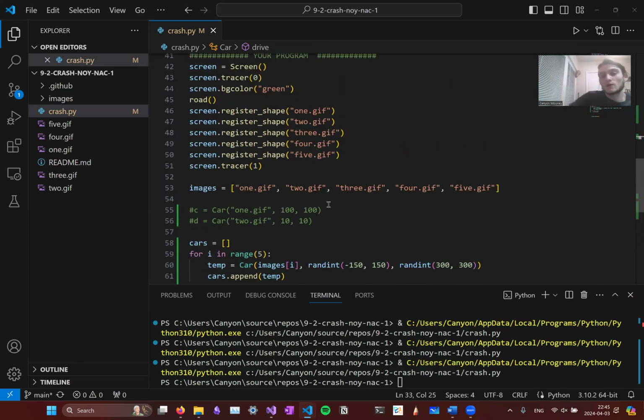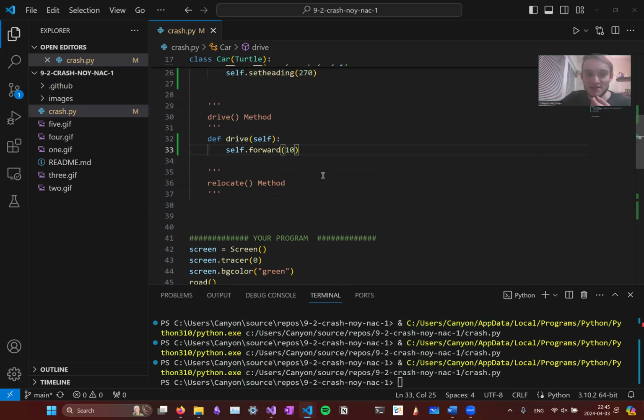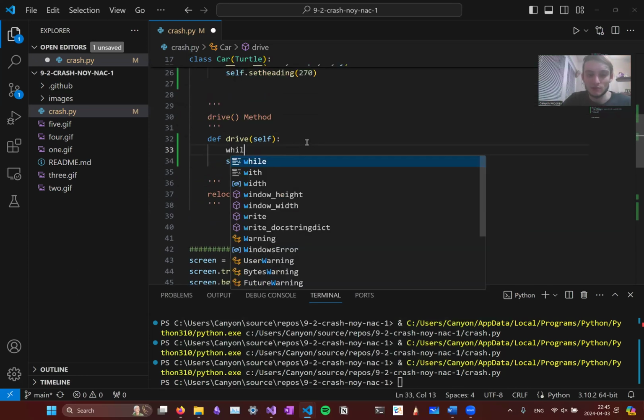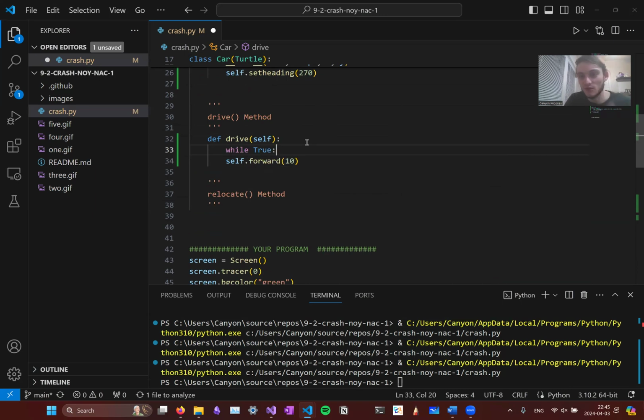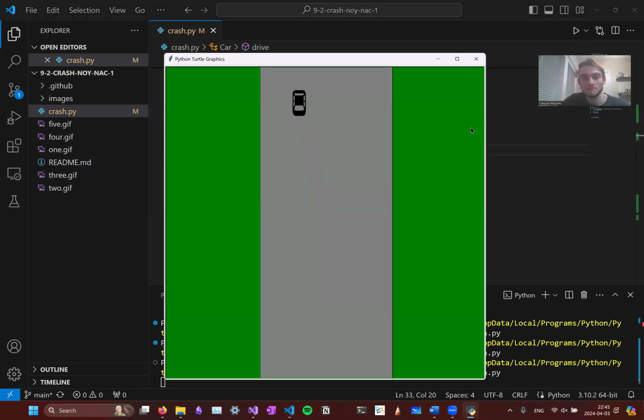So the one way that I've seen people try to address this is they say, well, I'll put this in a loop, right? Because we want it to move forward continually. While true, and now this while true loop, aka forever loop, owns this move forward command. Let's see what happens when we run the code there. So only one car is going to go forward forever. And the reason why that is because